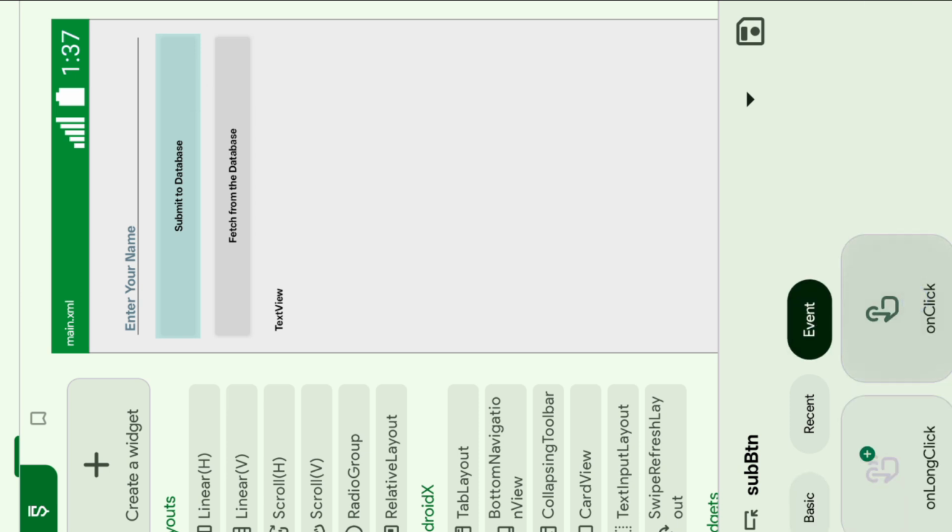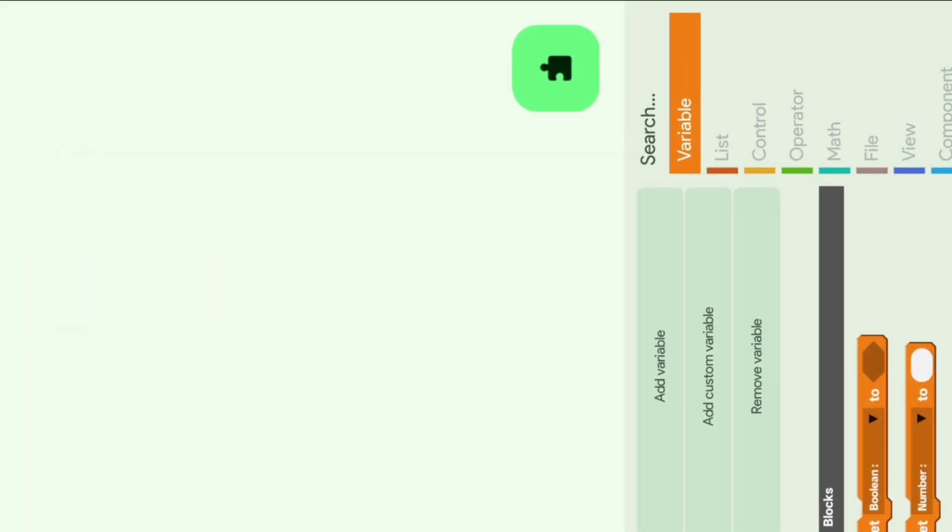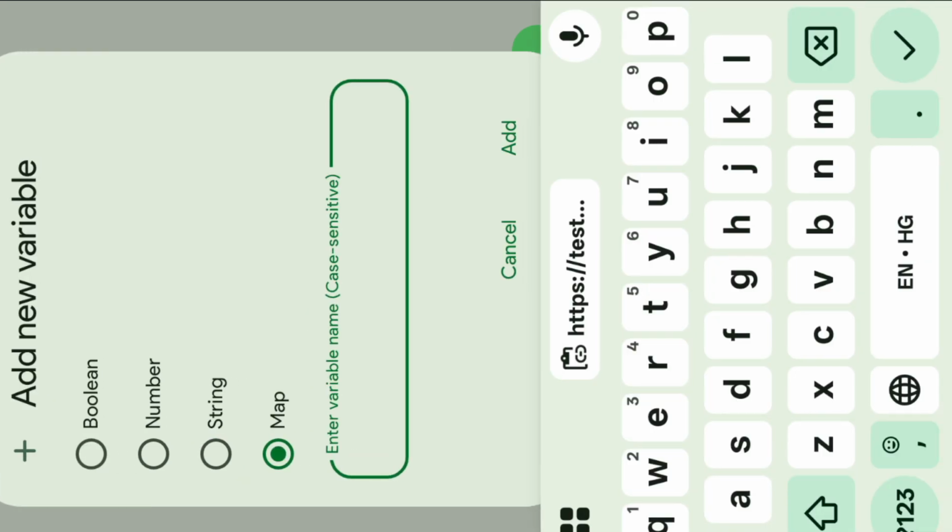After it you want to go to button on click, and you want to create a map, a hash map.